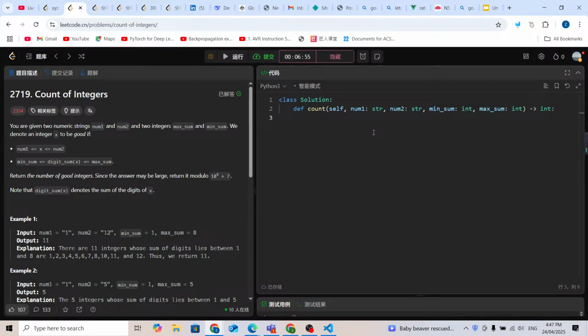Welcome. Let's try to solve another LeetCode problem, 2719, Count of Integers. For this problem, we are given two numeric strings, num1 and num2, and two integers, max_sum and min_sum. We say an integer x is good if x is between num1 and num2, both inclusive, and the digit sum of x